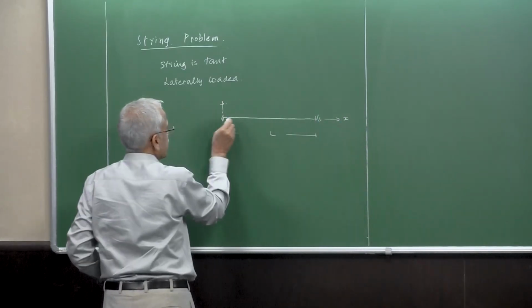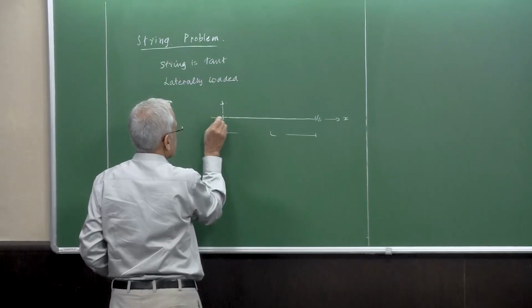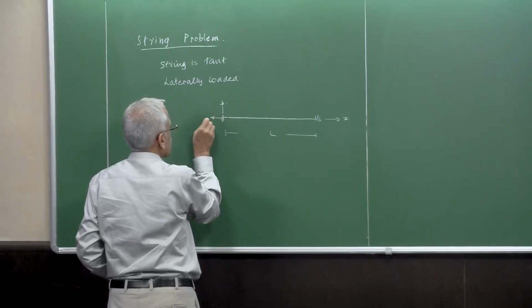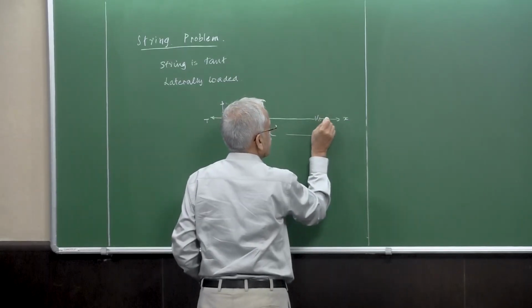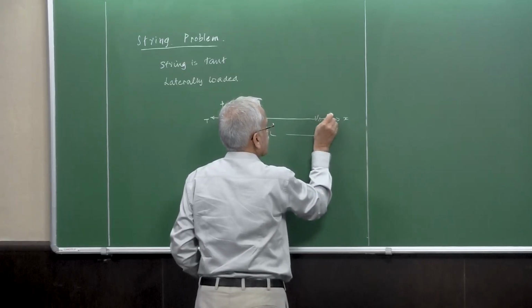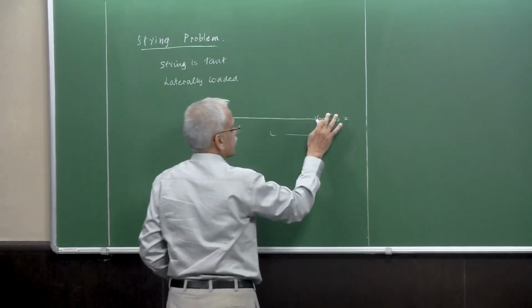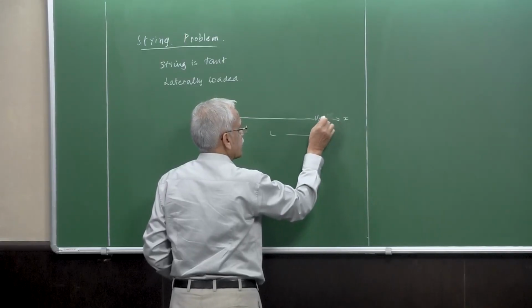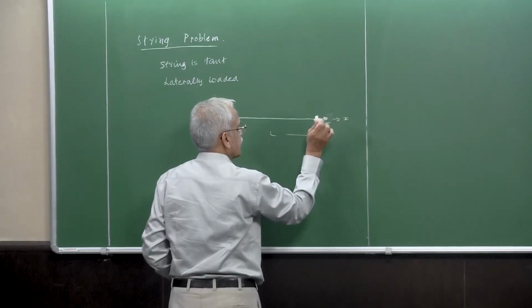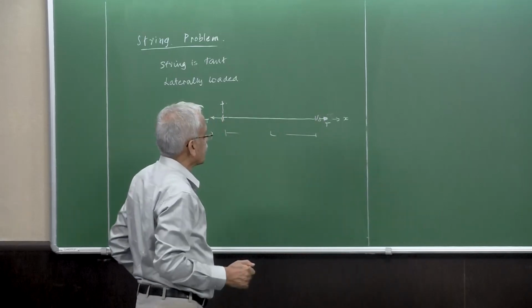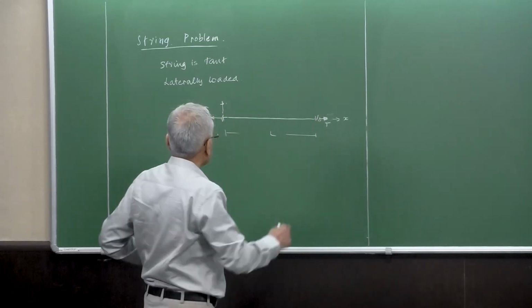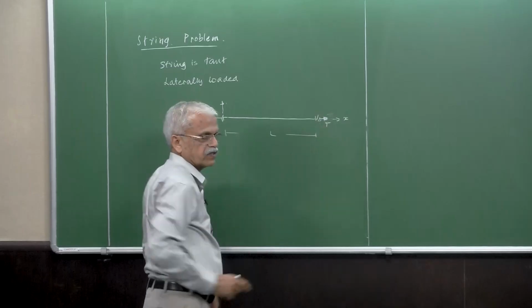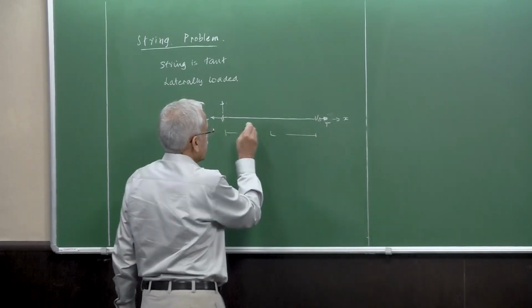So that means that as such, the string is under tension to a value of T. So the string is under tension given by a force T here, and typically